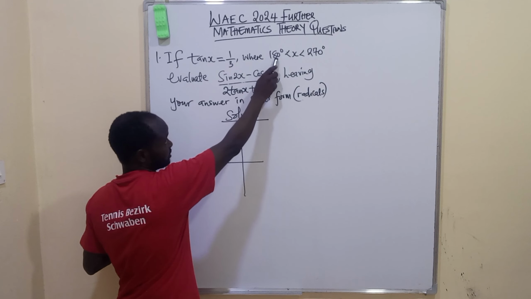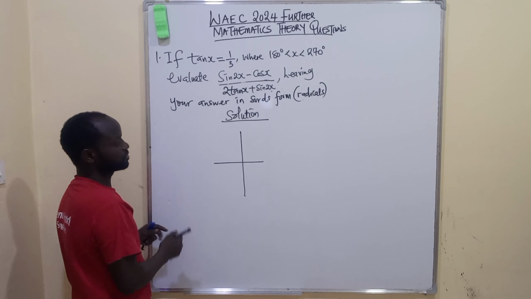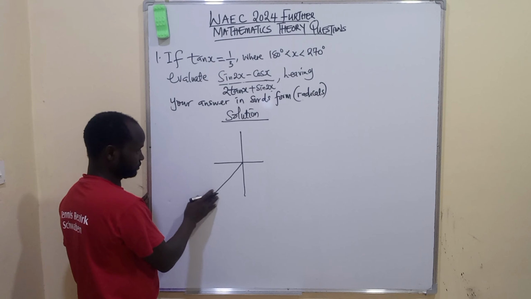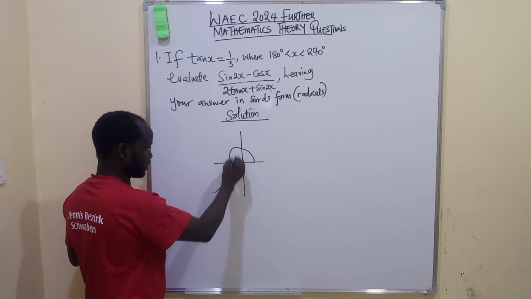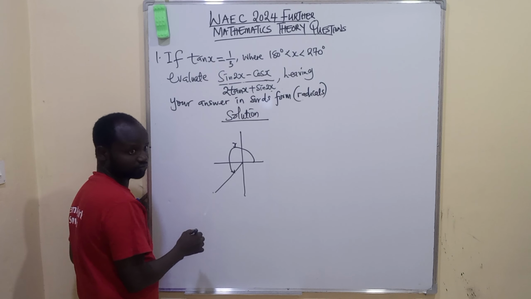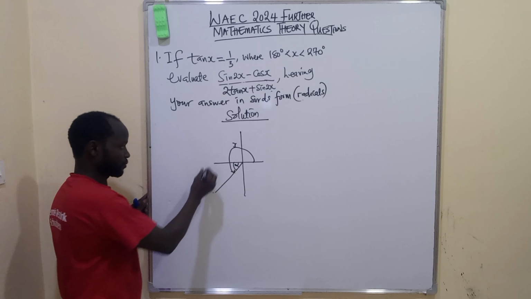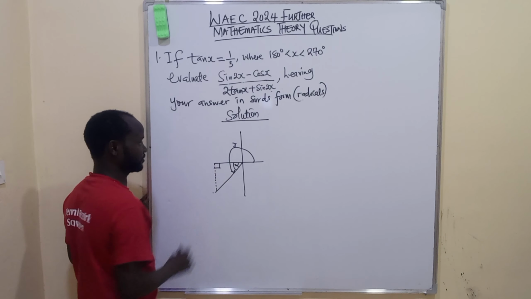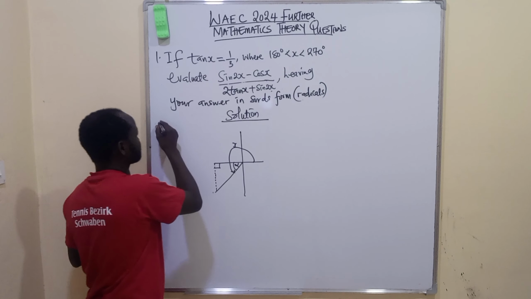Since the angle is more than 180 and less than 270, the angle will fall in the third quadrant. So let's draw the angle here. This will now be our angle x, and it will fall in the third quadrant. Let's say here is alpha. Then we can draw our right-angle triangle here. This will be angle 90 degrees. Using SOHCAHTOA now,